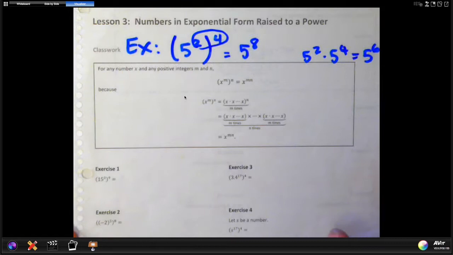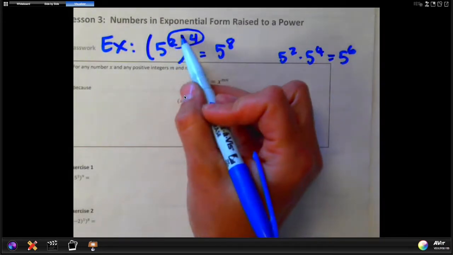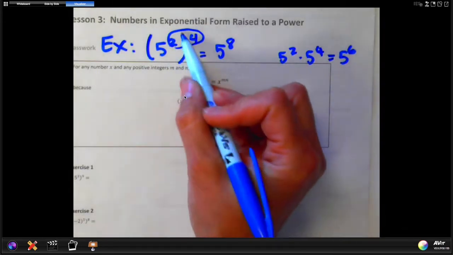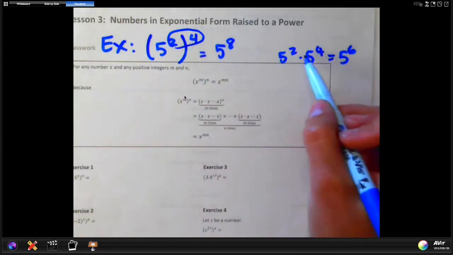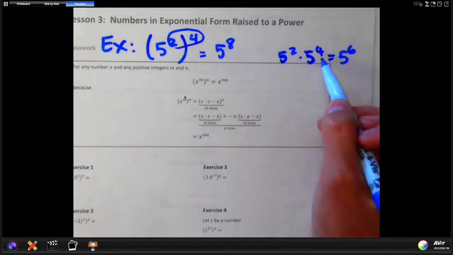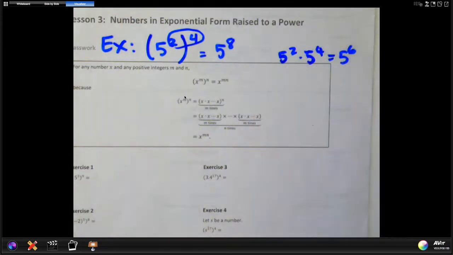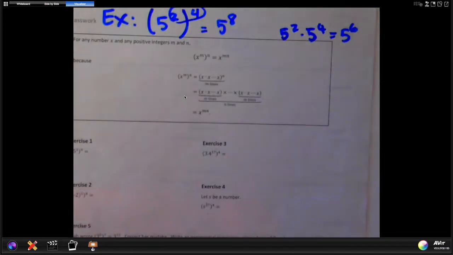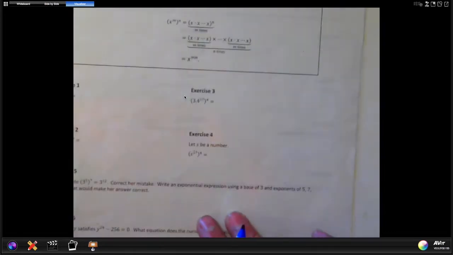Now, let's notice the difference. These exponents are separated by only a parenthesis, where these exponents are separated by 2 separate bases of 5. So that's what we're looking for today. So if we slide on down here to exercise 1 to start us off,